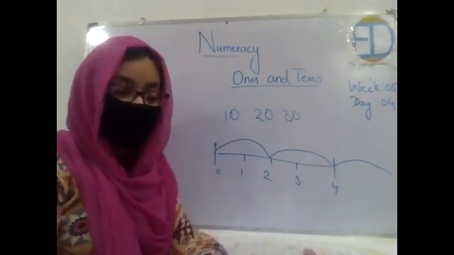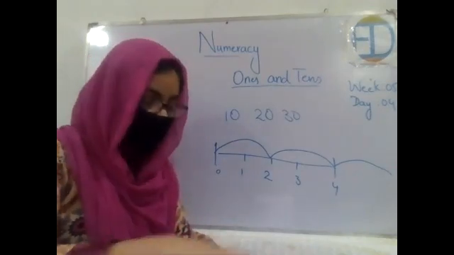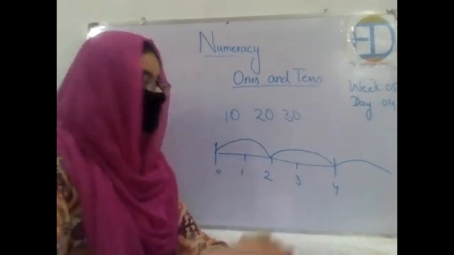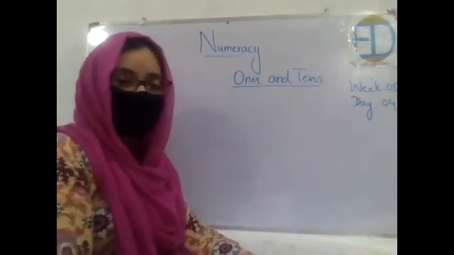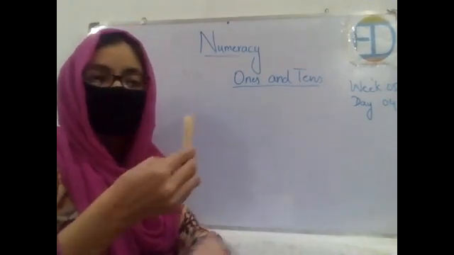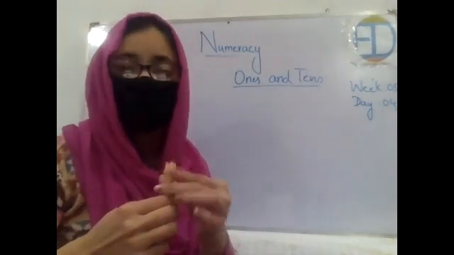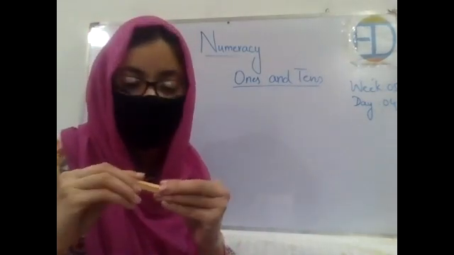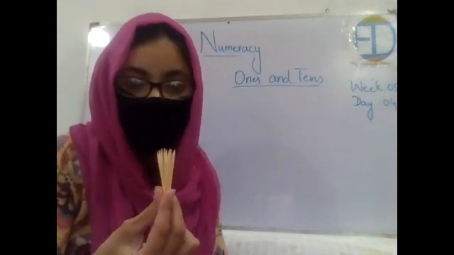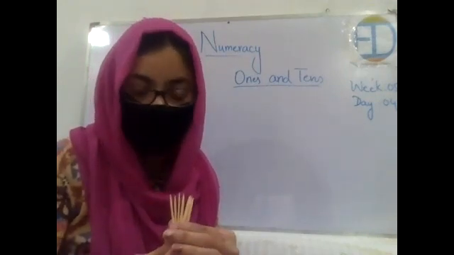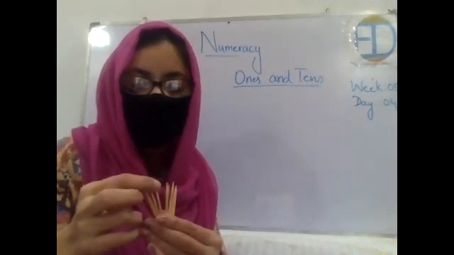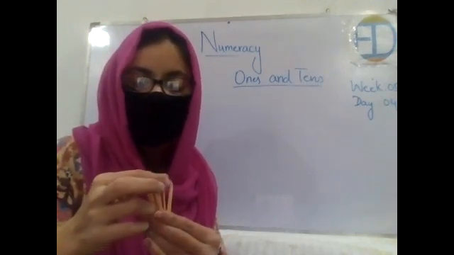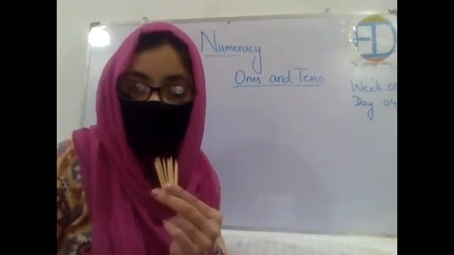Now how will we practice this, how will we write it? I'll be showing you different pictures, different things, and then you will count them in the form of bundles of 10, right? The very first thing that I'm showing you in front of you is a bundle of toothpicks, and there are 10 of them. Let's count them: 1, 2, 3, 4, 5, 6, 7, 8, 9, and 10. So they are 10 in number.